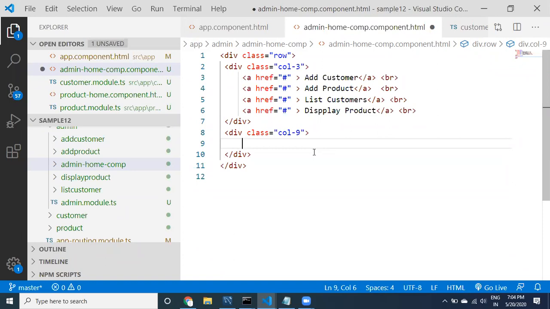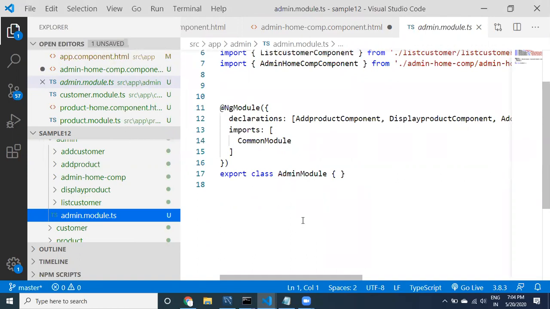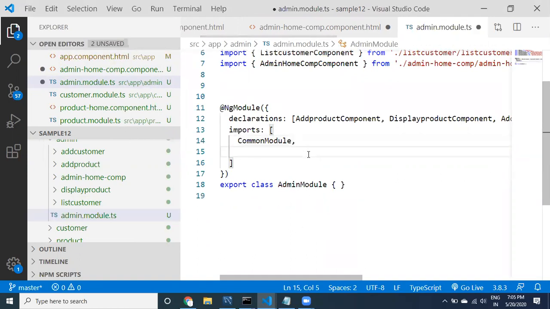To use router module related components or directives inside the admin module, you need to import the router module into the admin module. So go to the admin module. Here in the admin module, comma, I have to import what?